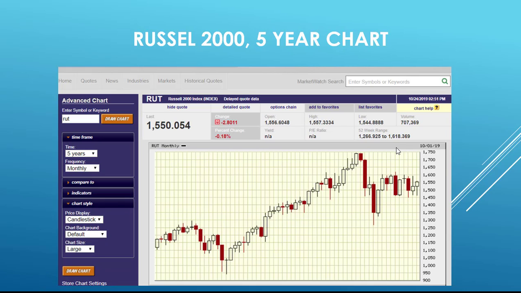Let's take a look at the Russell 2000 for a 5-year period of time. These are monthly candles. As you can see, in this case, we have 2 monthly candles that indicate the beginnings of a bear adjustment. Once again, 2 bear candles with a doji at the end. The doji, as you may recall, represents a potential pivot point or change point. Sure enough, that's followed by this bullish function. We get an occasional bearish adjustment, but generally speaking, we're in bullish territory till once again we get those 2 monthly candlesticks indicating bearish intervention.